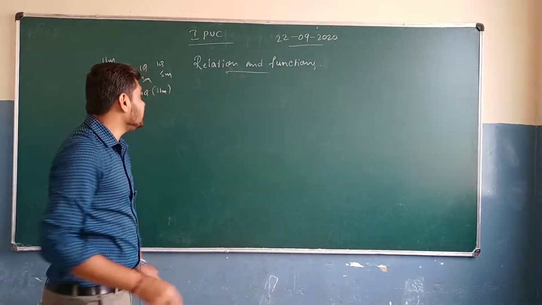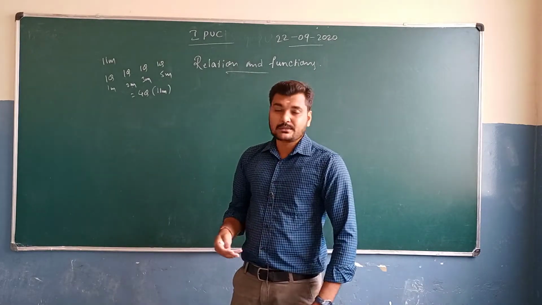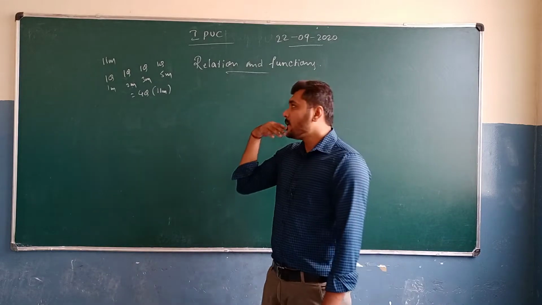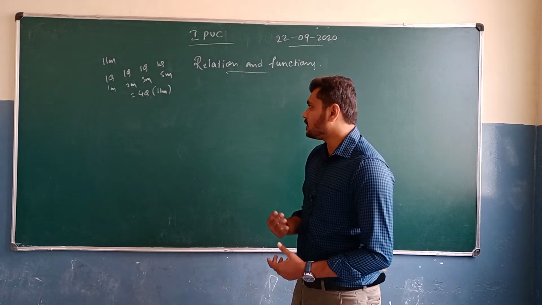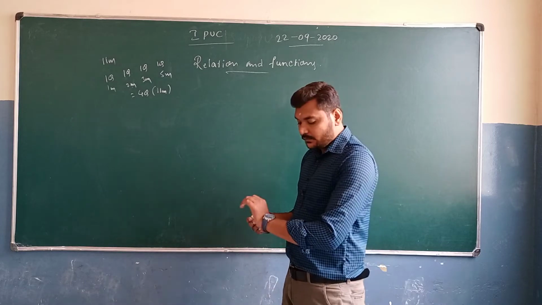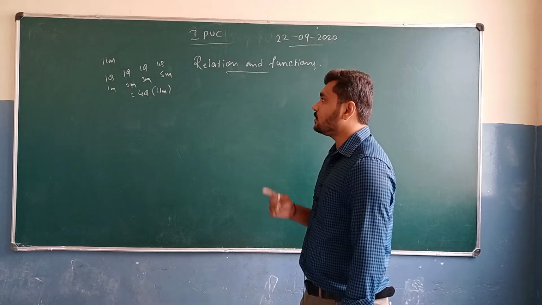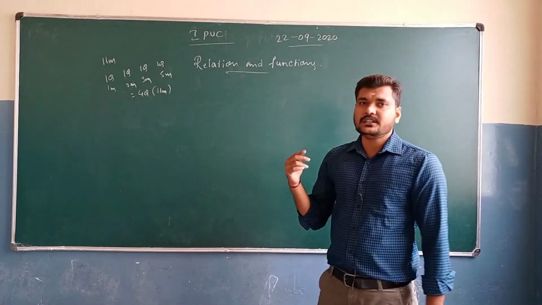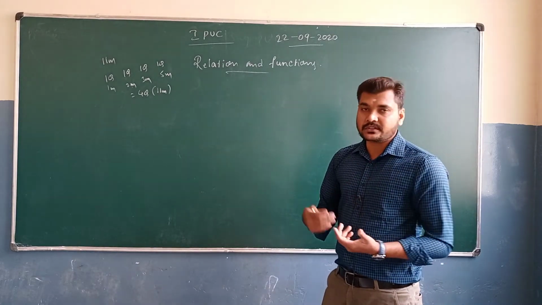We don't know what's going to happen with the reduction of chapters and questions. But in the previous question paper, in the previous pattern, there were 11 marks from the chapter relations and functions. In the 11 marks there were 4 questions: one question of 1 mark, one of 2 marks, one of 3 marks, as well as one question of 5 marks. This is the previous year's pattern. I don't know what is going to happen this year.